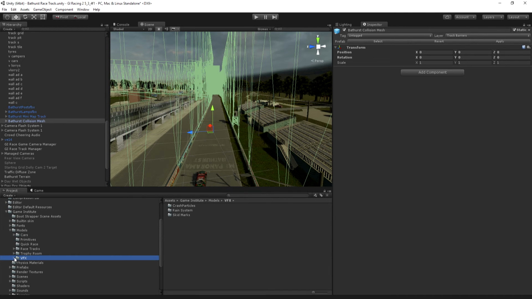If you go into the VFX folder, you'll find things like the particle systems that are used to spew out little mesh parts when the cars collide with each other. You'll see the rain particle system, which every scene contains and is turned on when the track manager is put into rainy weather mode. And if you don't know what I'm talking about, like I said, watch those GI Racing 1 videos,